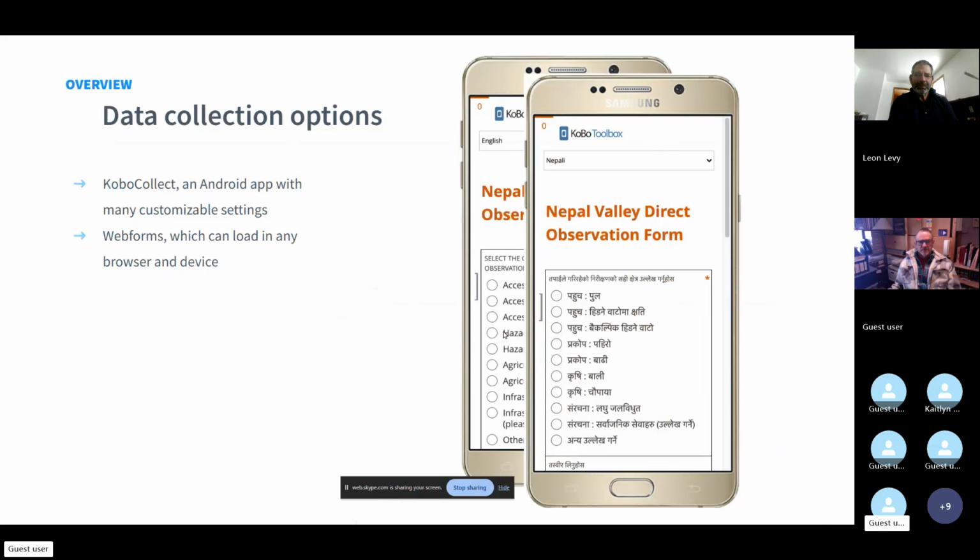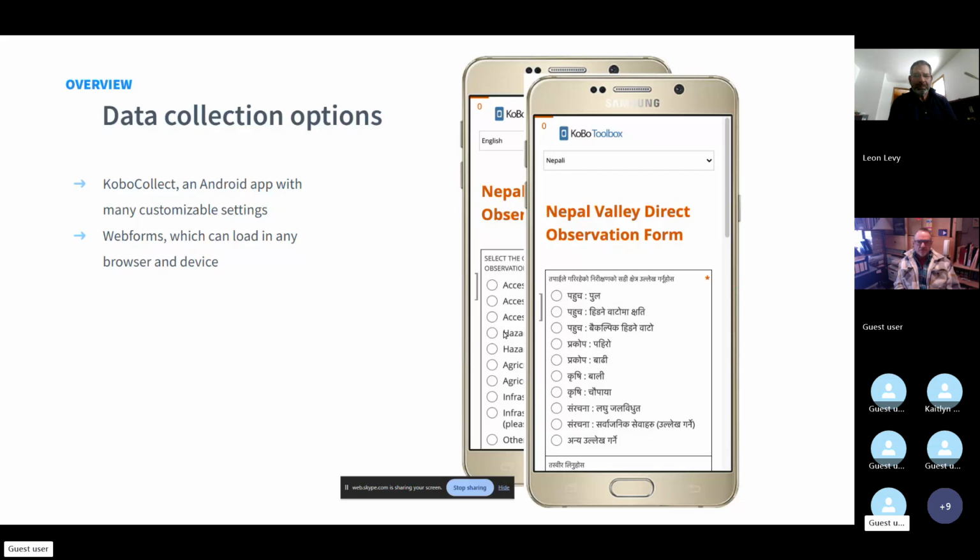Once the form is on your mobile device, you can be offline and continue collecting your data all over the place until you get to a place where you have an internet connection, then you can upload your data to the server,